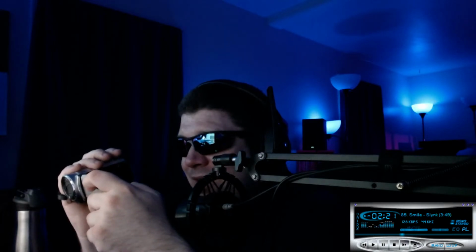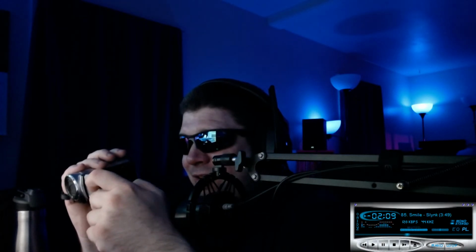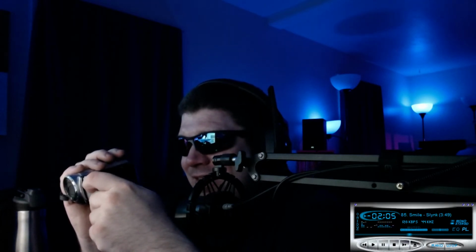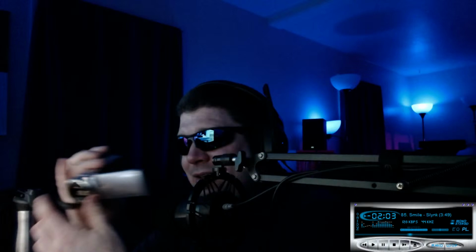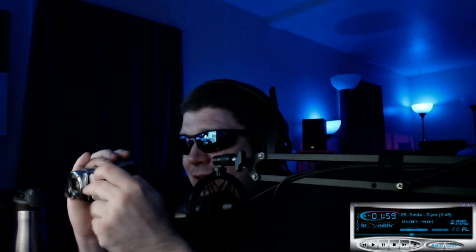Format, repair, image database, data code, volume, empty, TV type, HDMI resolution, control for HDMI, USB connect, disk burn, LCD brightness, eco mode. There we go. Turn off the eco mode completely. See if that turns off the automatic power off. Turn this on, and we have ourselves a camera that could probably look a lot better